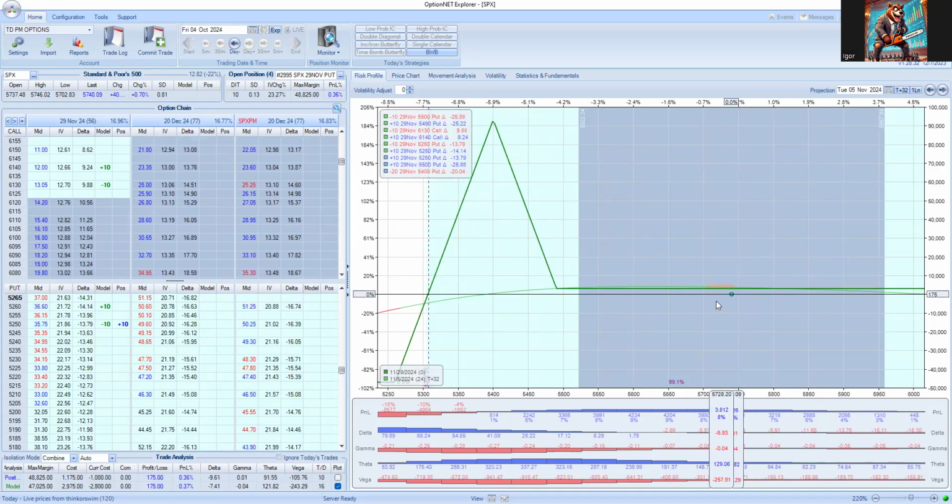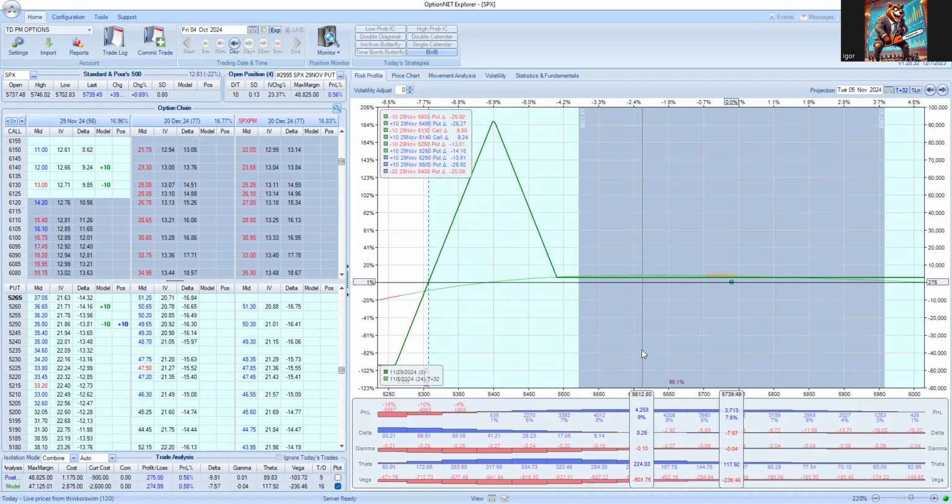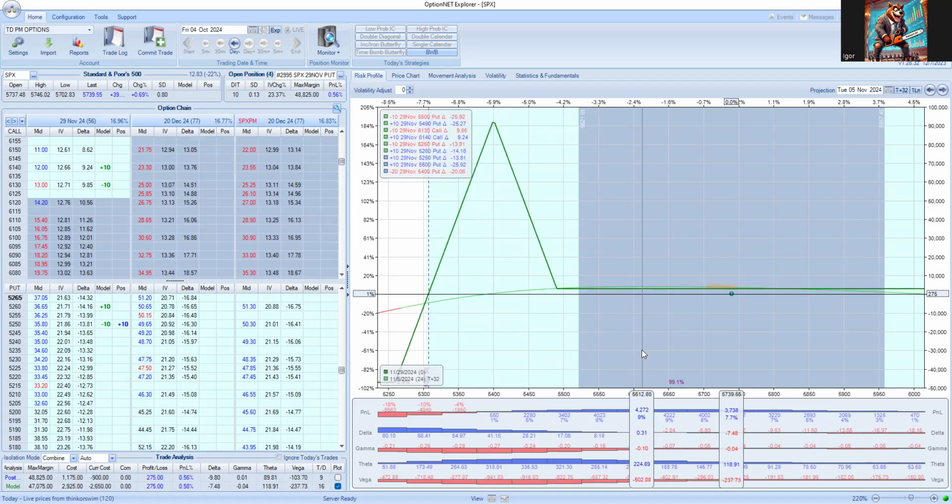I can continue to make adjustments to increase my potential reward outside of the structure. But I also have to consider the fact that there are 24 days. And now as the time starts to run into the last 3 weeks, 2 weeks until expiration, this trade is going to become more sensitive to price change. And now I have to figure out if I want to continue to make adjustments and potentially figure out a way to drive in an additional $2,000 of credit, or do I just close it out? And